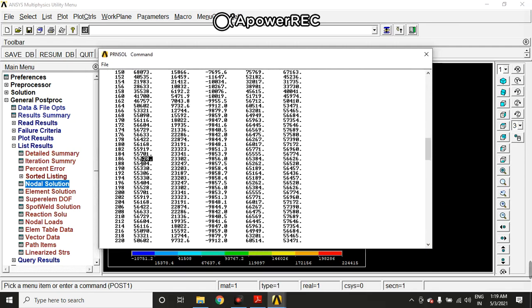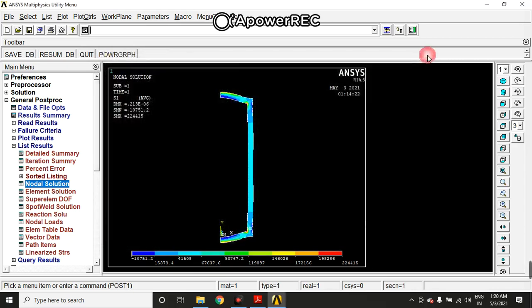So these are the stress values. It is around 55,000. The second value is around 23,000. And the third value is around 10,000. So this is how you can cross check this answer with the analytical solution. Close this. So this is how we have completed our experiment number 11, that is analysis of axisymmetric element. Thank you.